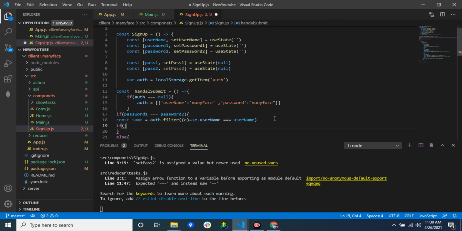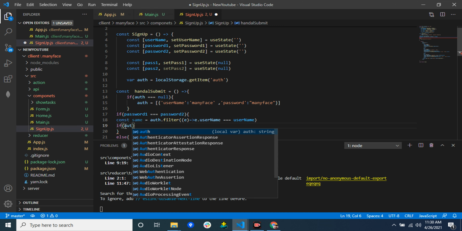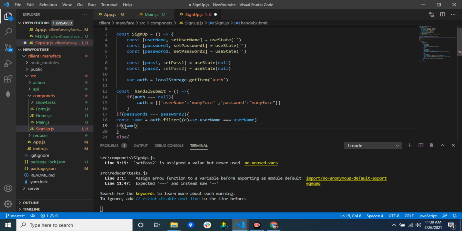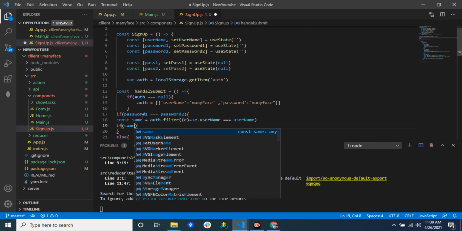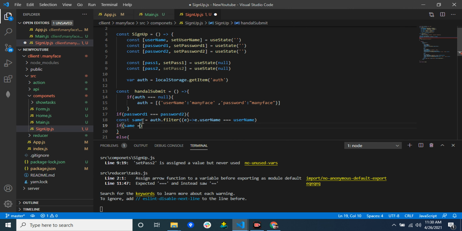Then the if condition to use here, the same variable in the if condition to be successful, like the same auth dot. If it is null, it means the length is 0. So let's say dot length is equal to 0. Then